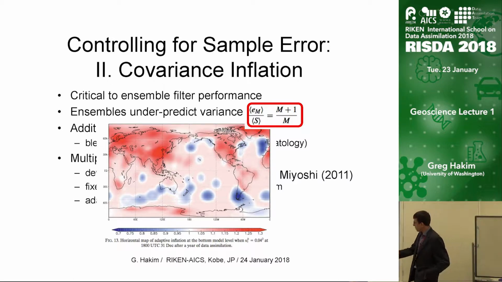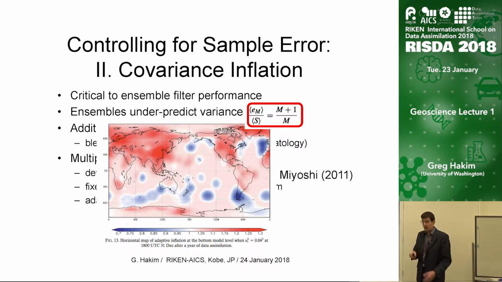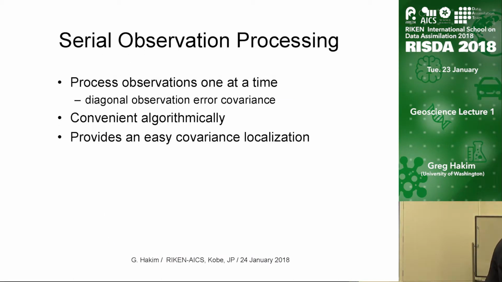And that's given rise to adaptive inflation schemes. A very nice paper by Miyoshi showing us how to do this in a relatively cost-effective way. It shows if you do this adaptively, you see that this factor depends upon the observing network, and so on average is perhaps close to 1. The red values go from, so whites are around 1. Those of you in the back of the room, the darker reds are about 1.3, and the blues are actually deflation. We're deflating the variance in the ensemble. So some places get the spread made a little smaller. In any case, it's something we have to take care of.